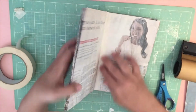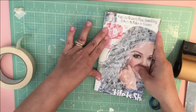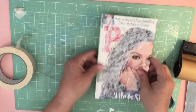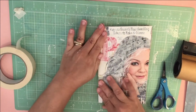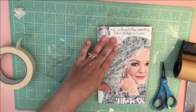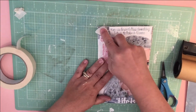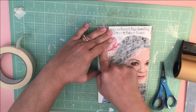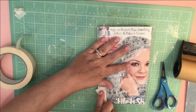So, as I was saying, oh, I'm going to come back later on, I knew that I wasn't going to wait. Alright, let's try to redo that spine right there. Okay, so we want the original spine, not that crazy spine that formed when we started gluing pages together. So I'm trying really hard to...